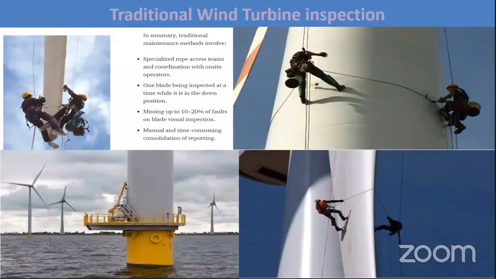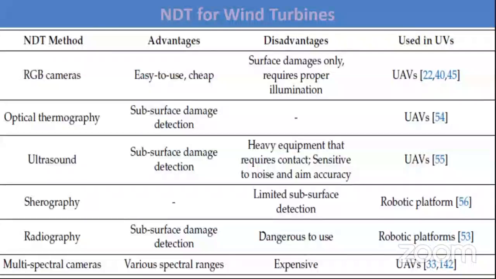Wind turbine is one of the very popular examples for drone inspection. As you can see, these are very tough environments when you're inspecting a wind turbine, be it the tower or the blade. You have rope access inspections, and think about it when you're doing offshore. Extremely difficult. We are putting our operators at risk, and of course, it's going to be time consuming. So why not again adopt drones?